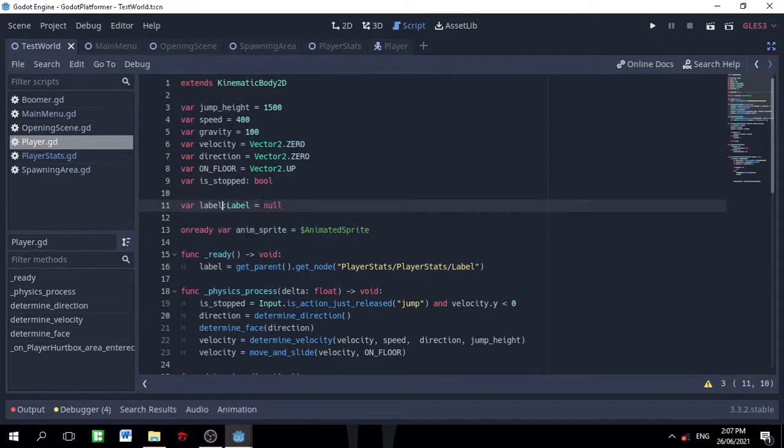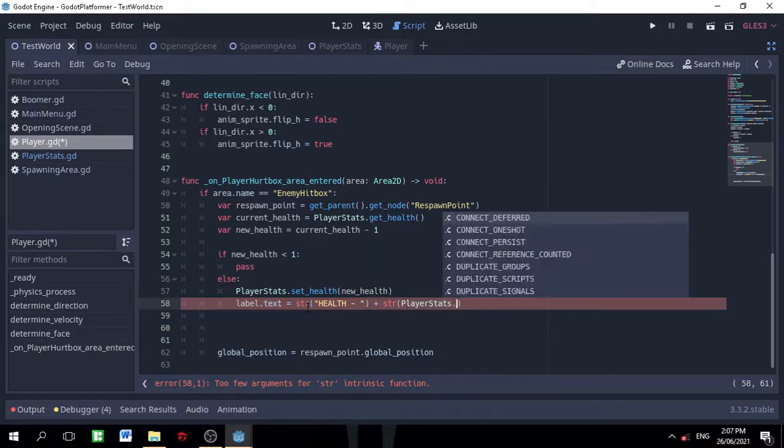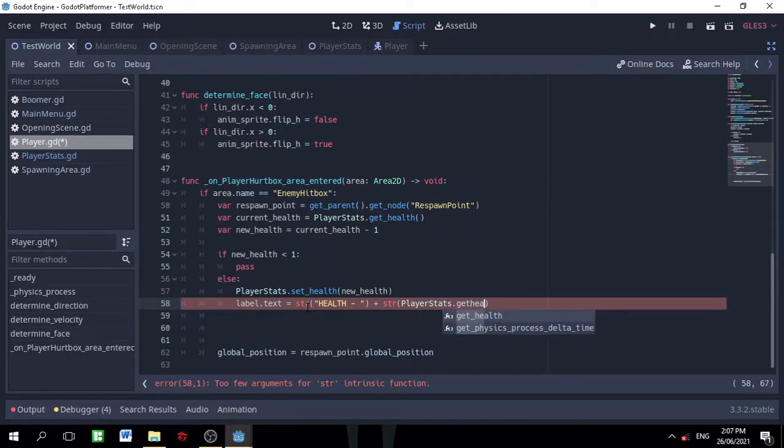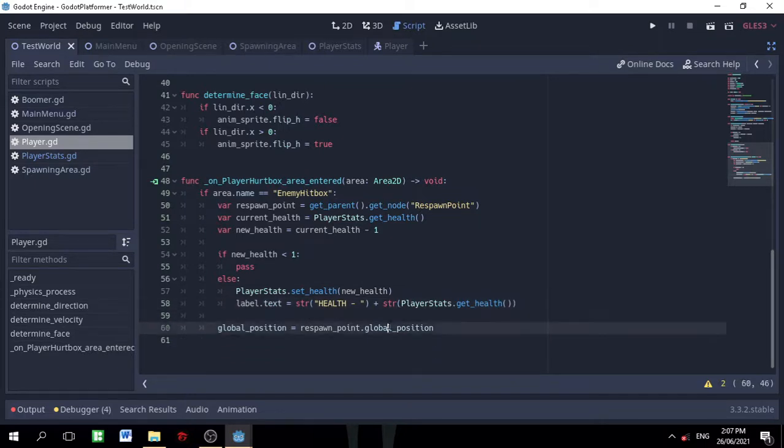Say it's label, so it would have a suggestion of a label. Text is equal to str, it means string, str health dash, okay, that's str, and let's get our health, okay, and then after getting the health, let's just